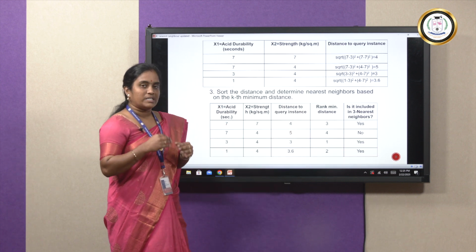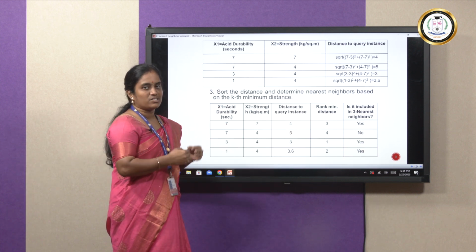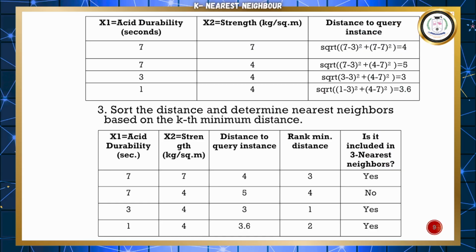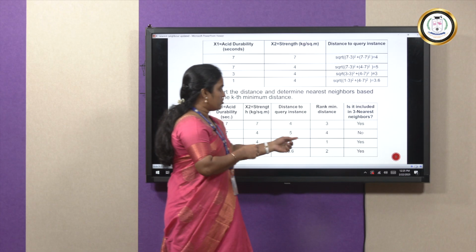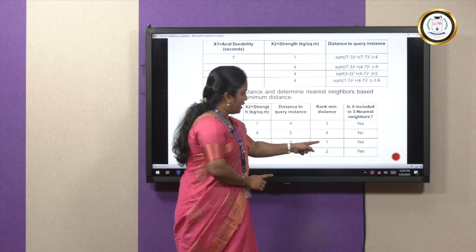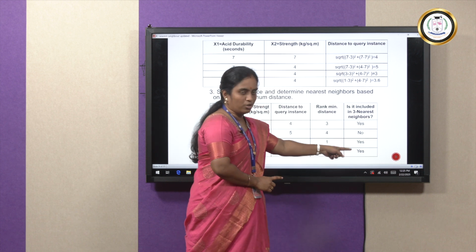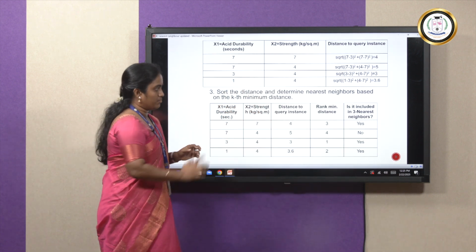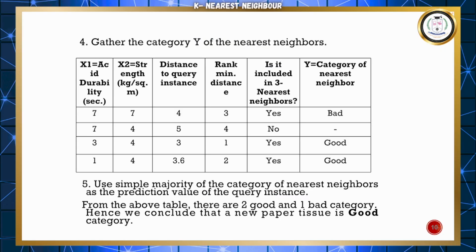Now what is k in our instance? We have assumed it to be 3. This column is for whether the point belongs to our nearest neighbor group. Since k is equal to 3, only the first 3 belong to the nearest neighbors. So ranks 1, 2 and 3 belong to our neighbor group, whereas rank 4 will not belong to our group. That is what that column represents. These are the points, this is the rank that is given, and this is where we have said whether that particular data record belongs to our group or not.